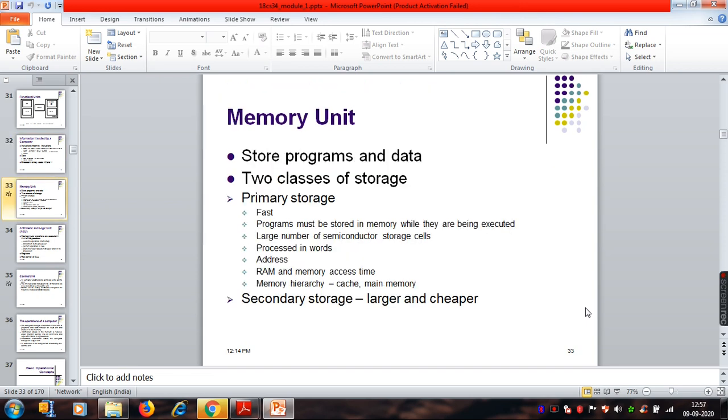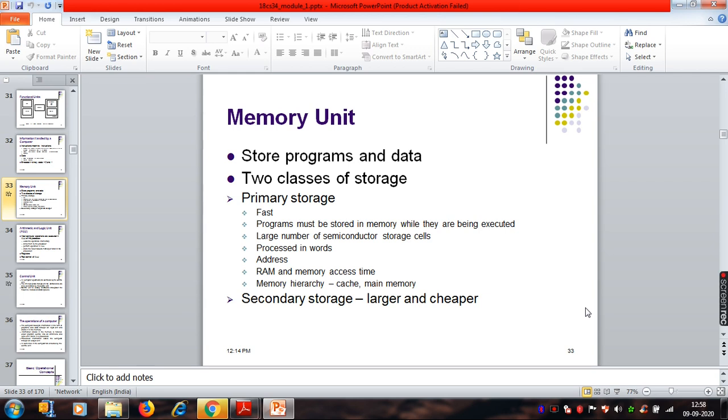Okay, now we'll see, what is the memory unit? The memory unit is going to store programs and data, as I told before. There are two classes of storage, the primary and secondary. See, primary memory is very little in size, and it is costly also, but it has its own advantage. What is that? It is fast. I hope you must have heard the word RAM, random access memory, by this time.